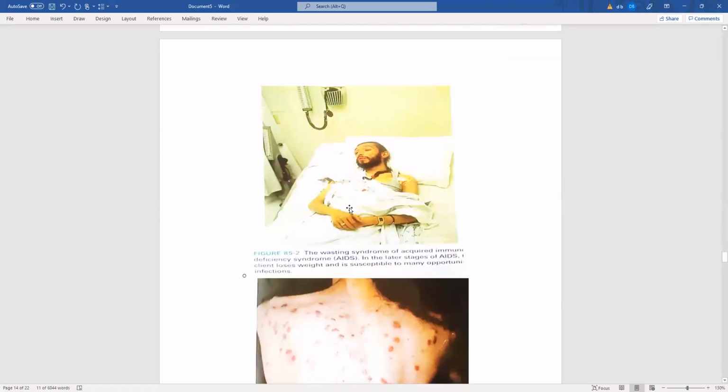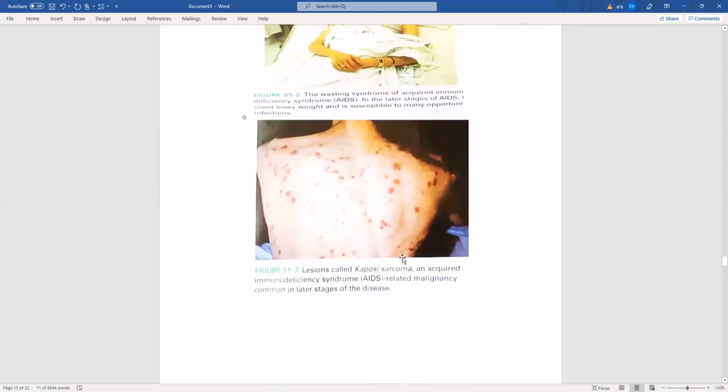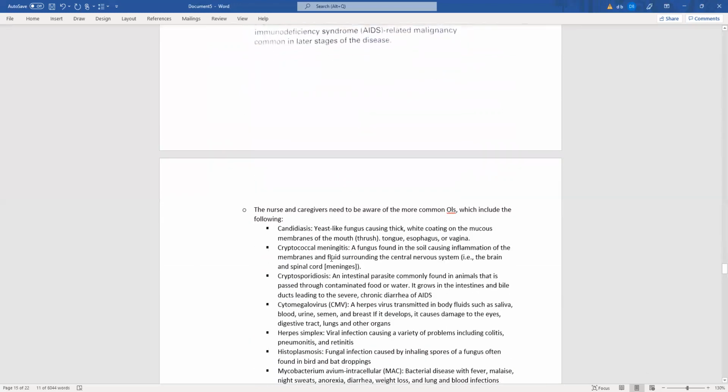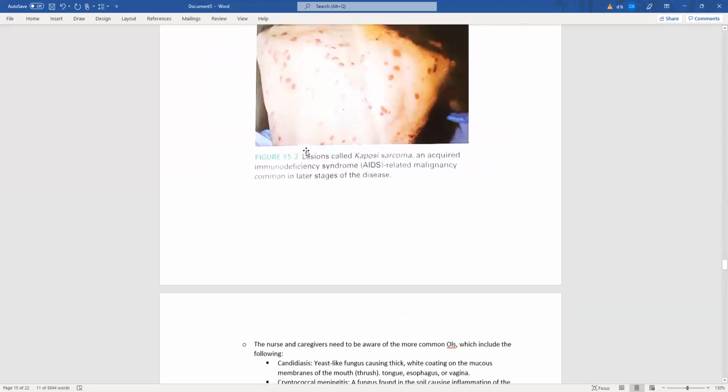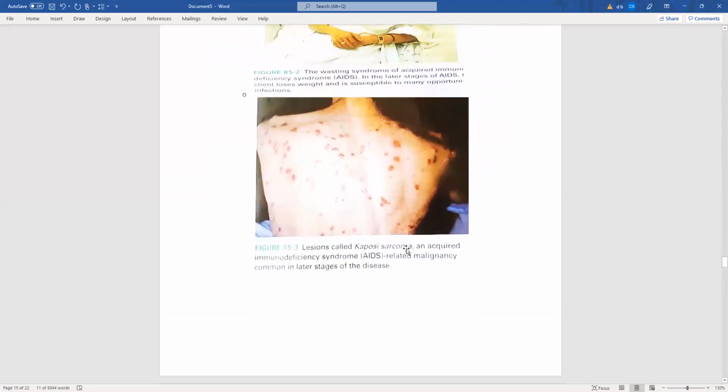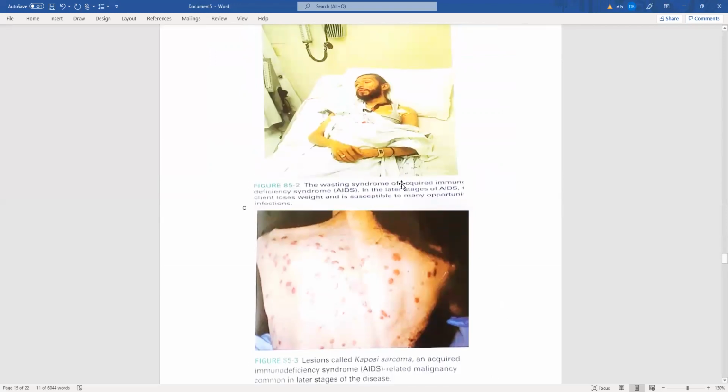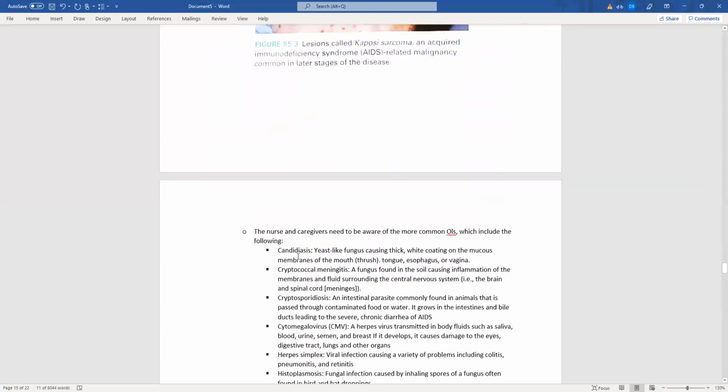Go look at these two right here. This is the wasting syndrome, and this is the Kaposi sarcoma lesions. So the nurse, these are lesions called Kaposi sarcoma. This is wasting syndrome of acquired immunodeficiency syndrome, AIDS, in the later stages of AIDS. The client loses weight and is susceptible to many opportunistic infections. The nurse and caregivers need to be aware of more common opportunistic infections, which include the following: